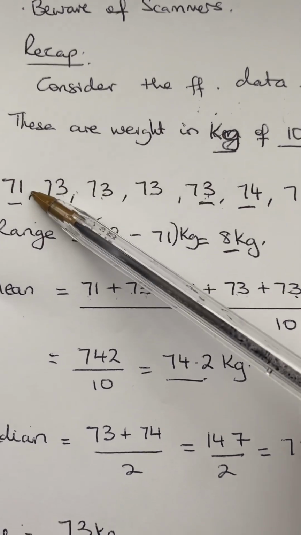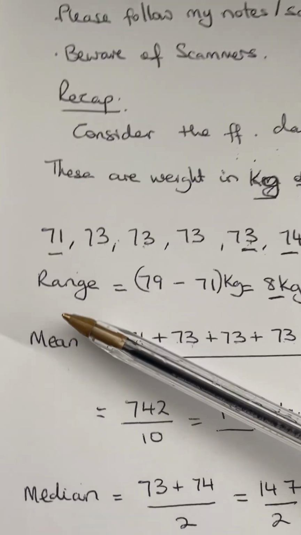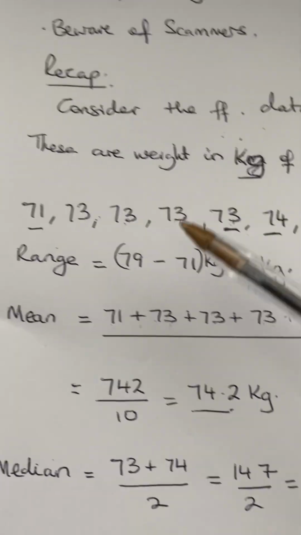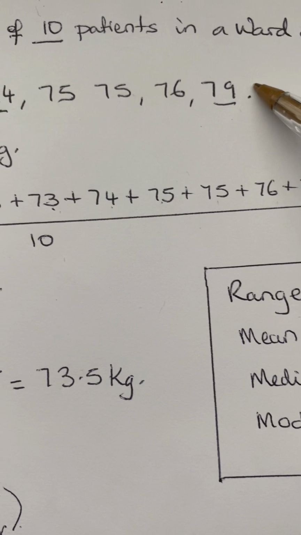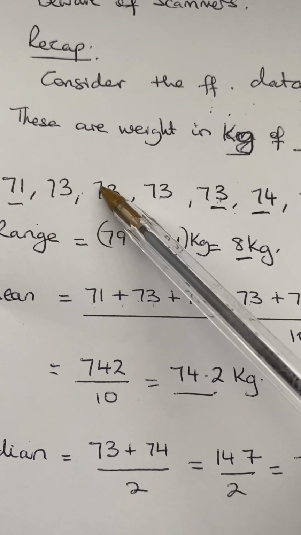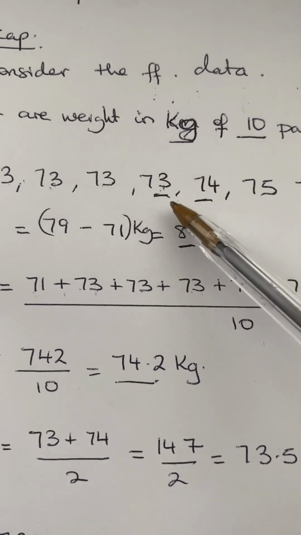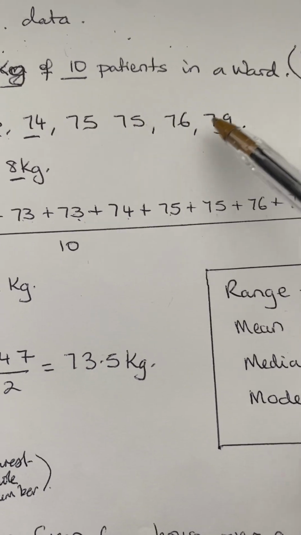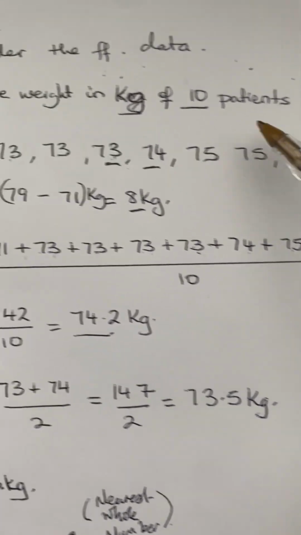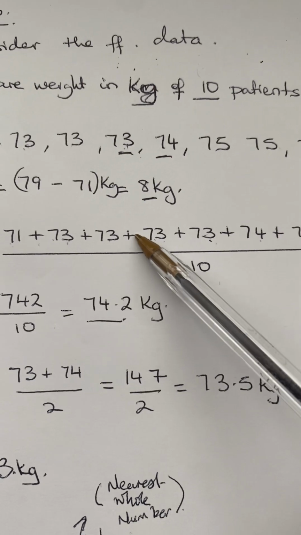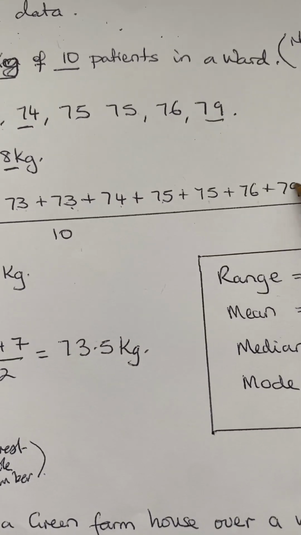Even though the question says 10, we still need to count them to make sure that they've given us all the 10. So 1, 2, 3, 4, 5, 6, 7, 8, 9, 10. So we have the weights of 10 patients. If you can put them on the calculator,